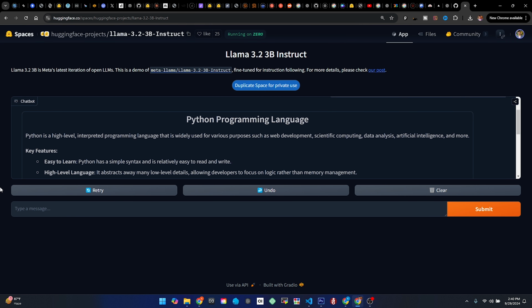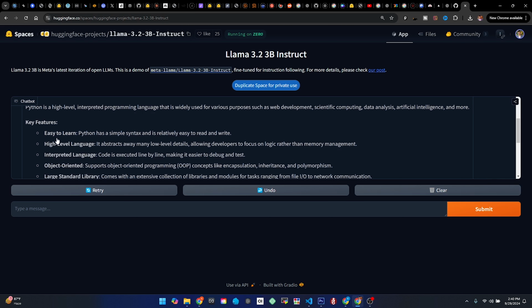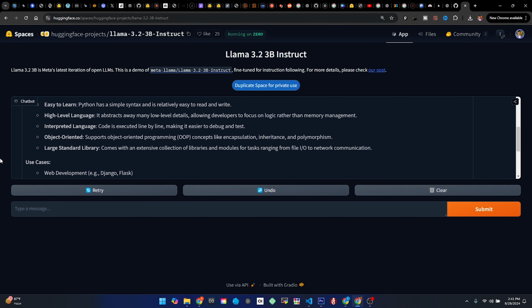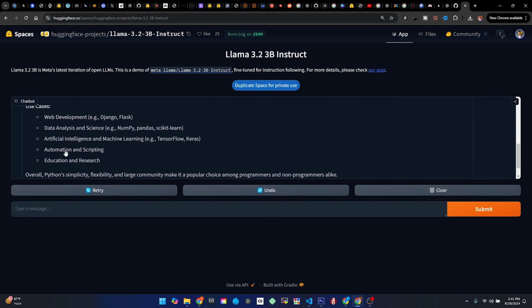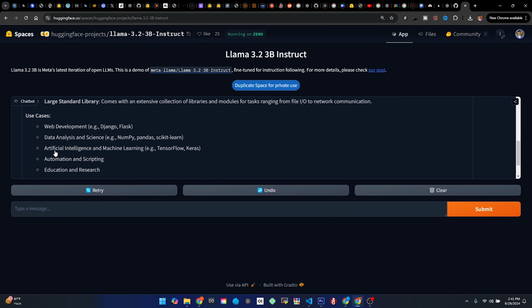Python is a high-level interpreted programming language that is widely used for various purposes such as web development, scientific computing, data analysis, artificial intelligence, and more. The next one, they're providing the key features: easy to learn, high-level language, interpreted language, object-oriented, and large standard libraries. And it is also showing me the use cases: web development, data analysis and science, artificial intelligence and machine learning, automation and scripting, education and